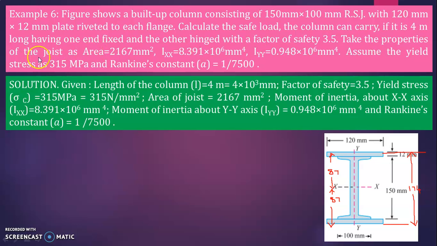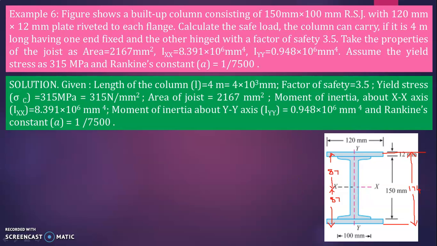Take the properties of the joist as area equal to 2167 mm square, Ixx equal to 8.391 into 10 raised to 6 mm raised to 4, and Iyy equal to 0.948 into 10 raised to 6 mm raised to 4. Assume the yield stress as 315 MPa and Rankine's constant alpha equal to 1 divided by 7500. Here the built-up column is given like this, and already that built-up column's area, Ixx and Iyy